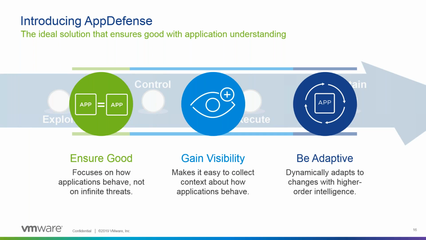That would normally trigger a whole bunch of alerts for many different whitelisting systems. Operating system files and executables and binaries are changing, but that's intentional. We meant to do that, so it shouldn't be firing off a bunch of alerts. That's known good behavior, and AppDefense can deal with that. Not only that, it helps to augment NSX as well. So, quick overview: NSX is our network security product that helps customers implement microsegmentation in their environment, and AppDefense can also integrate with NSX to help to dynamically change and adapt microsegmentation policy based on what AppDefense knows about the application. It's pretty interesting stuff.